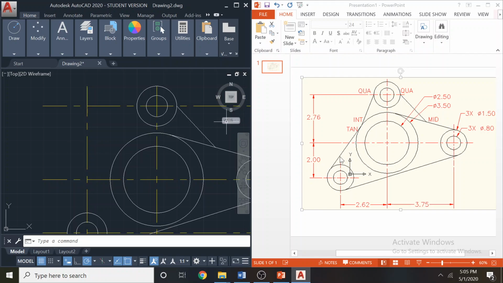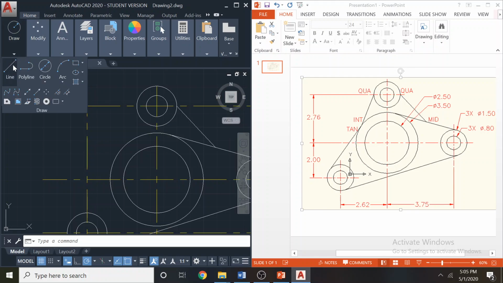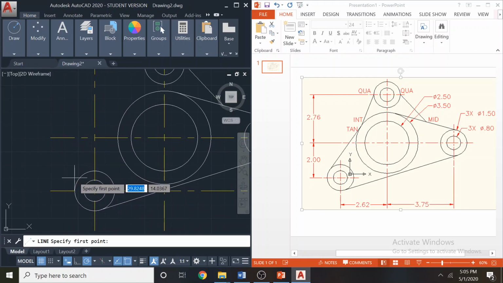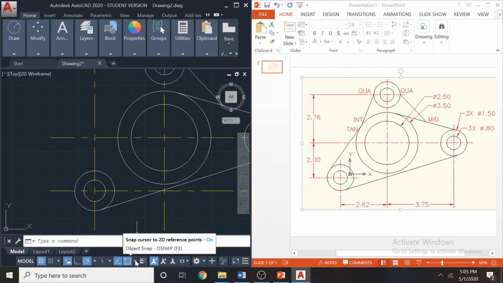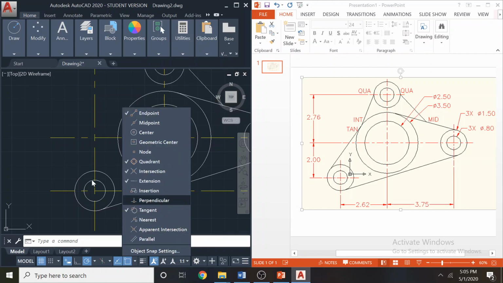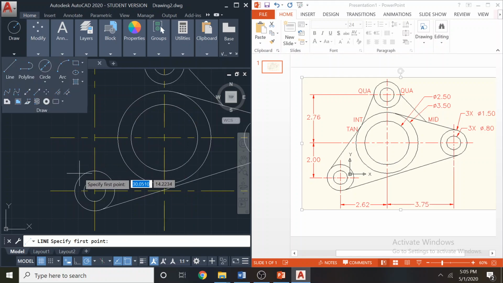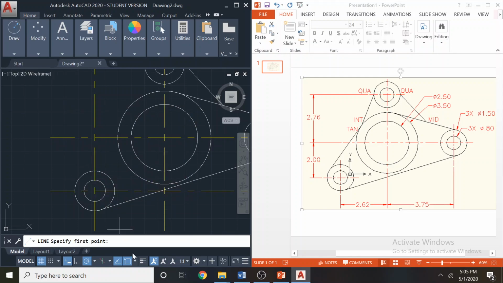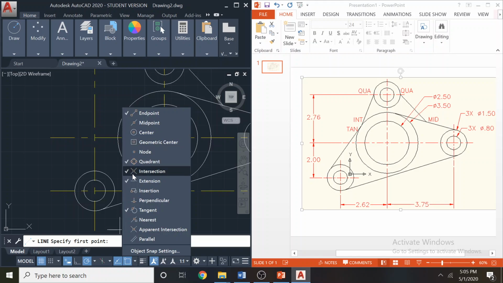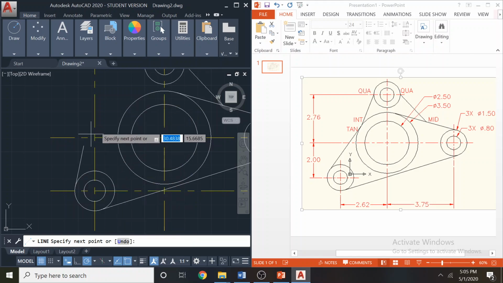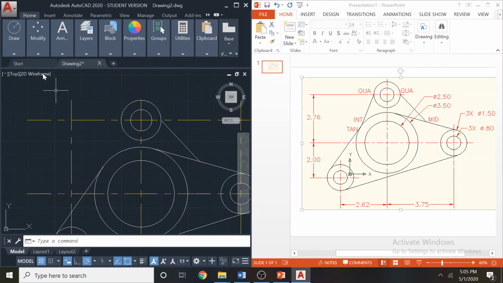Before using intersection, we have to draw this tangent to tangent line. So this is tangent. Now tangent is not working. Here if you right click, it's not going to work. So the right click is working for the second point. So here tangent should be on. It's on, but it's not taking. Quadrant is on, so the quadrant is powerful. So you have to turn off the quadrant. Tangent is weak. Get the tangent here to here. Done.